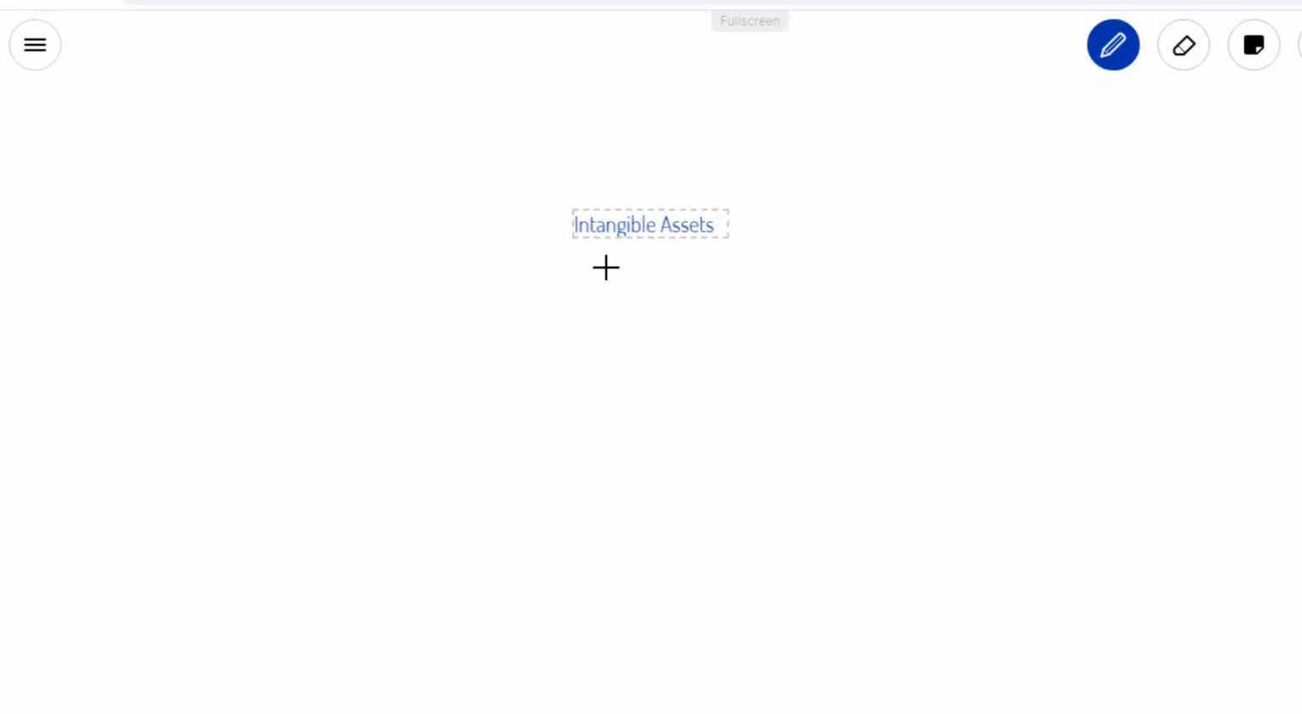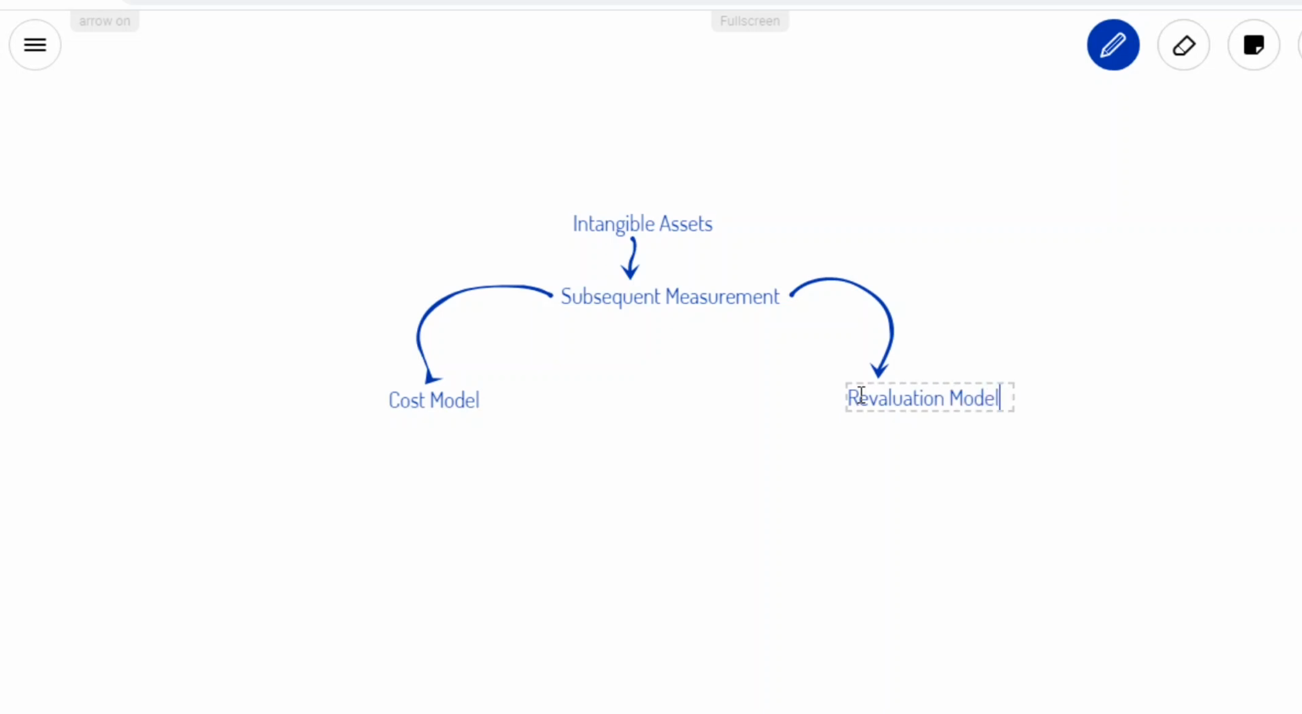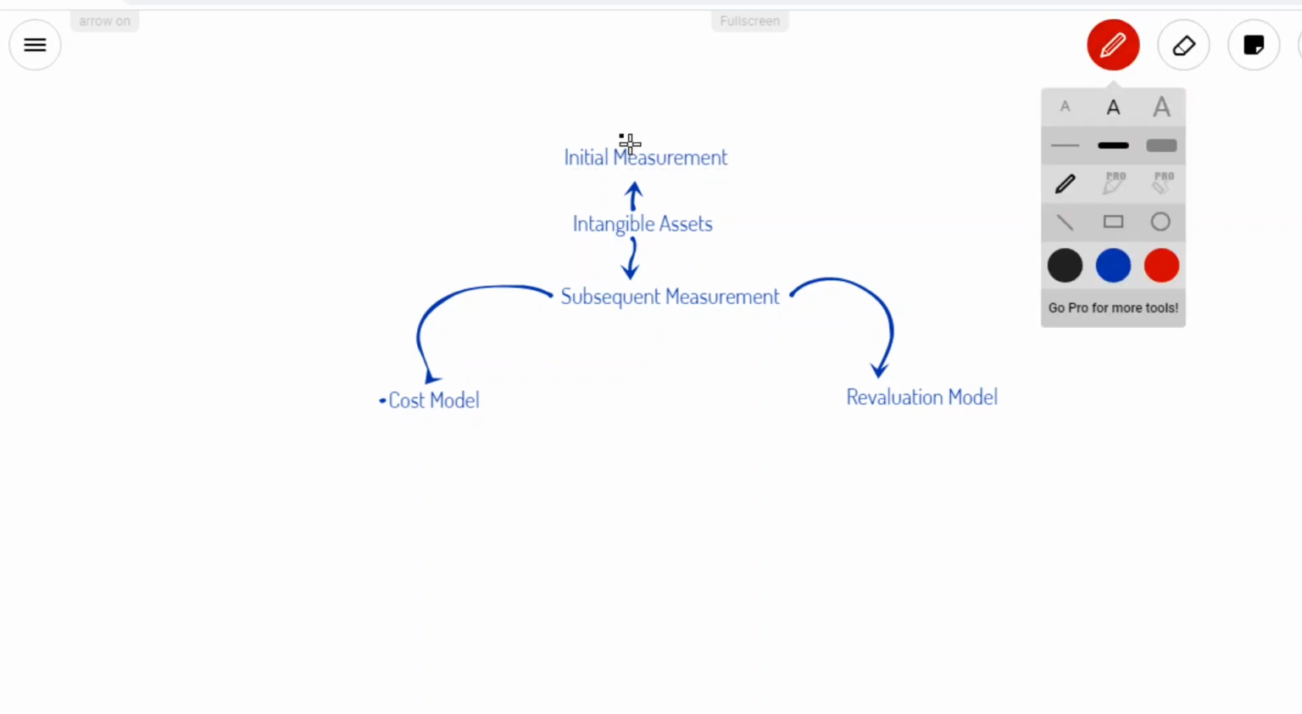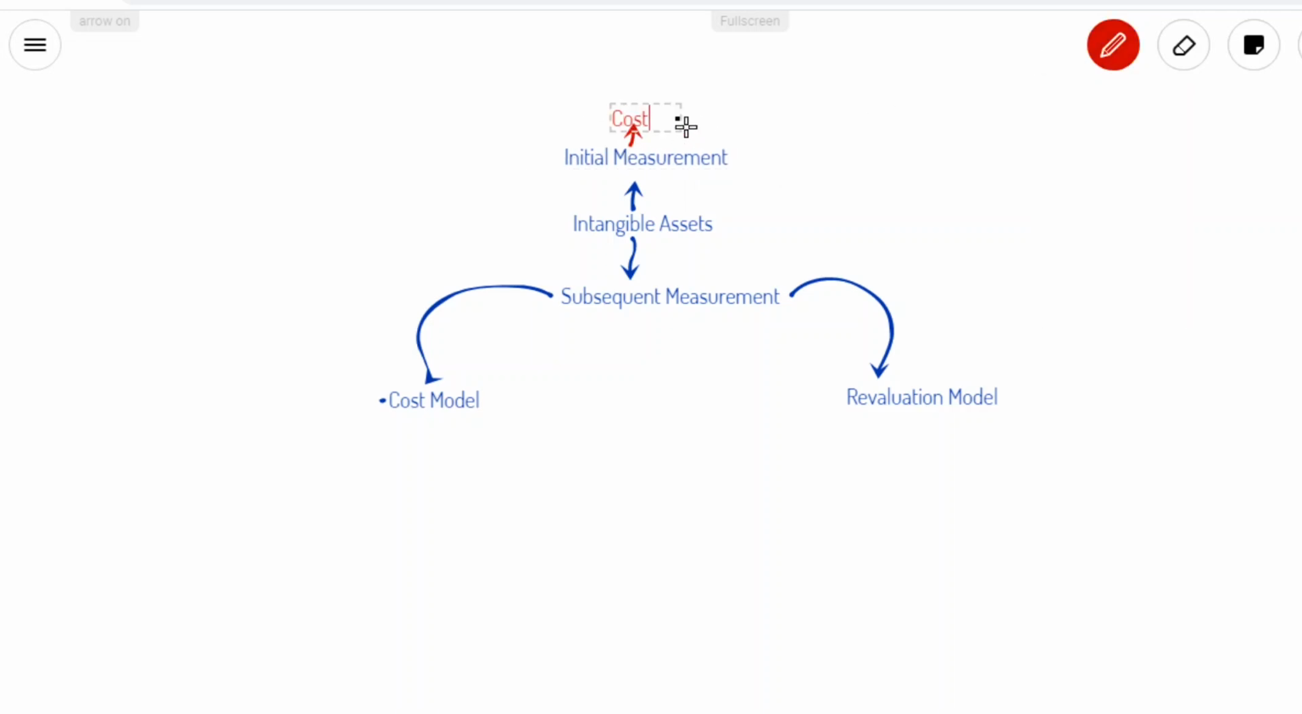In this video, we'll learn about subsequent measurement of intangible assets. An intangible asset can either be recorded at the cost model or the revaluation model. We shall start our discussion with the cost model, and that is where we initially recognize an intangible asset at cost. After that cost has been determined, we subsequently deduct from it accumulated amortization and accumulated impairment losses, and